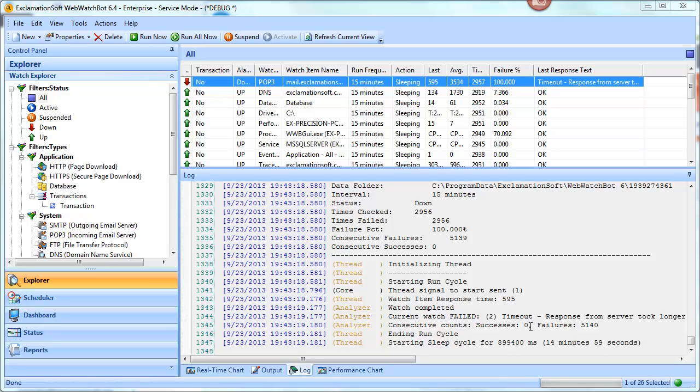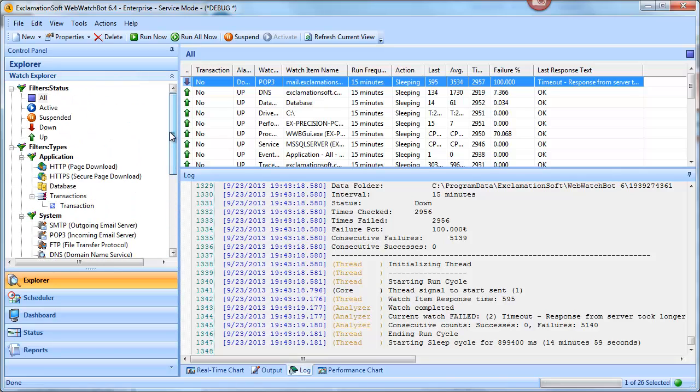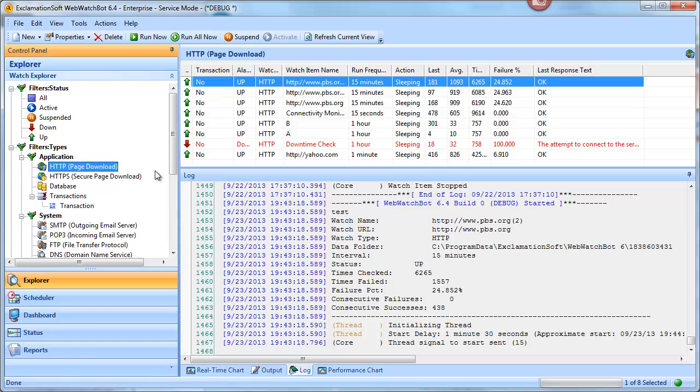Hello, today's demo is on getting started with WebWatchBot. We're going to go ahead and create a watch item. A watch item could be anything that you are monitoring. It could be a website or something on your server, such as disk space, a performance counter, a process. But to start off, we're going to create something pretty simple and something that's very common, and that's monitoring a